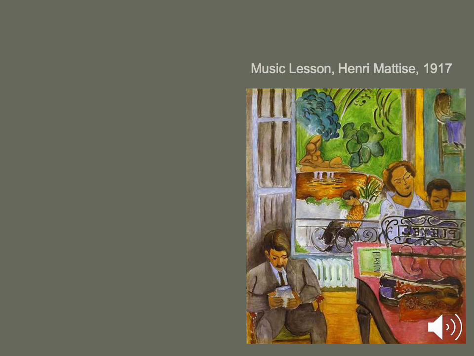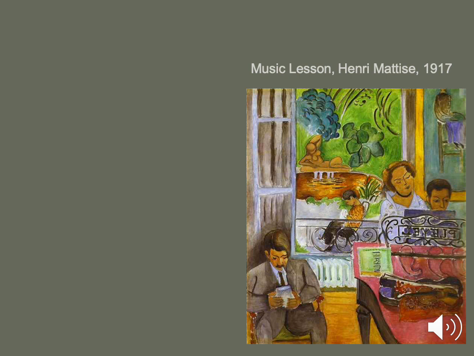So now we're going to look at a couple of works of art by a man named Henri Matisse. And in these works, he alters the form of basically the same subject matter in order to create different content. So the first thing that we're going to do when we're looking at a painting is to figure out the subject matter. A great place to start is always the title. So this is called The Music Lesson, and you can see that it is basically about a music lesson.